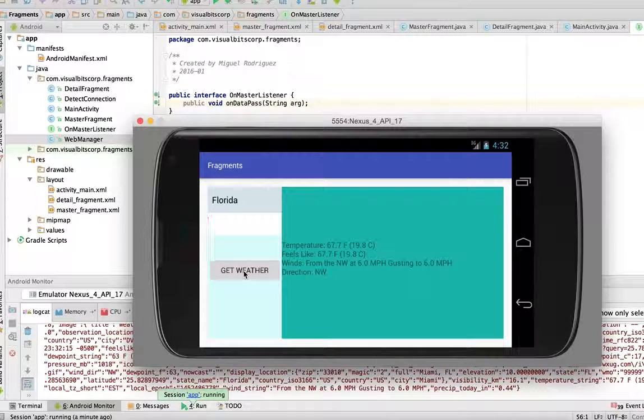It's validated too for connectivity and for validation on my call to the API. So